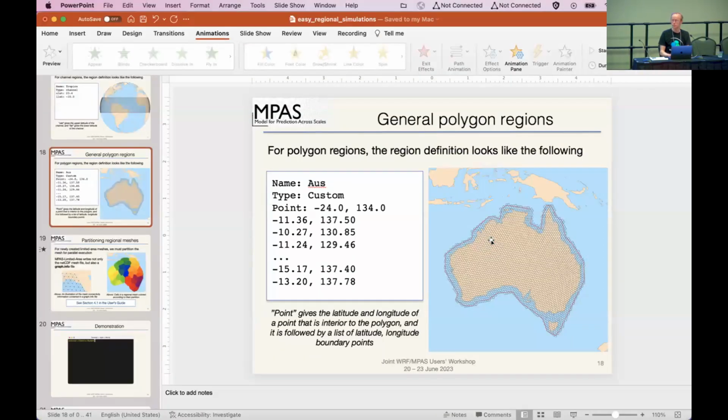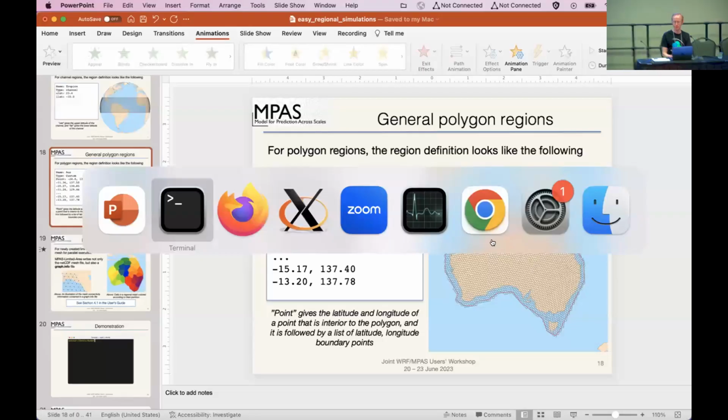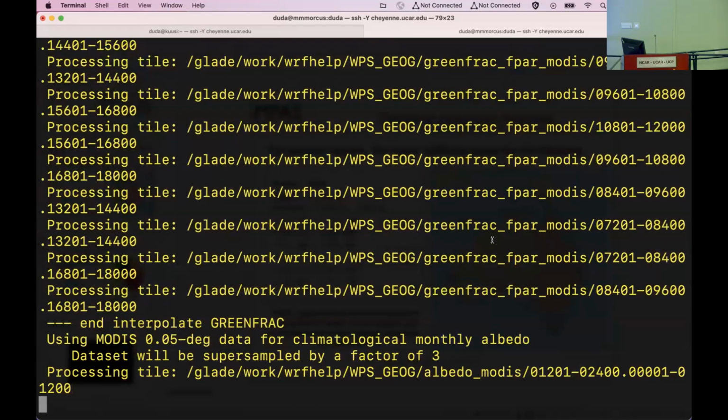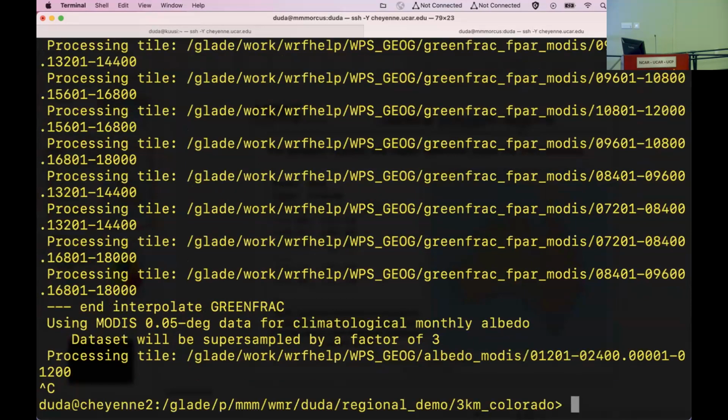I was one of those people who failed a couple of years ago to get PIO working. I'm just curious which IO you're using for your demo. Oh, excellent point. So the log files try to be as helpful as they can, right? So if we look at the log file here,